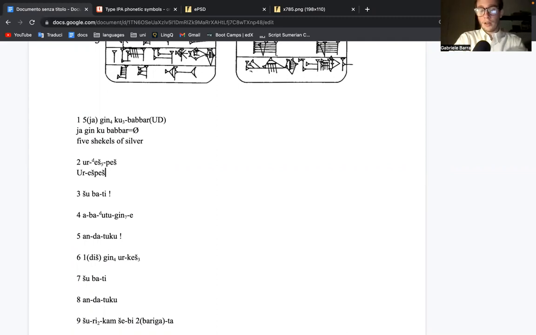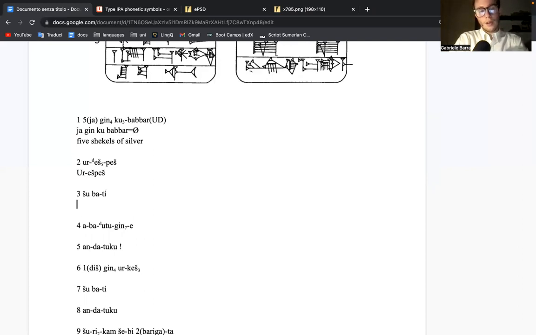Could be the absolutive, yeah, or it could be an unstated, kind of unwritten grammatical case. But let's keep going. We'll figure it out. Shubati, so this is a verb, right? Yep. Good. So shu is to receive,